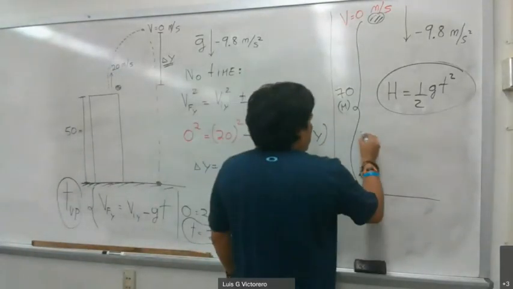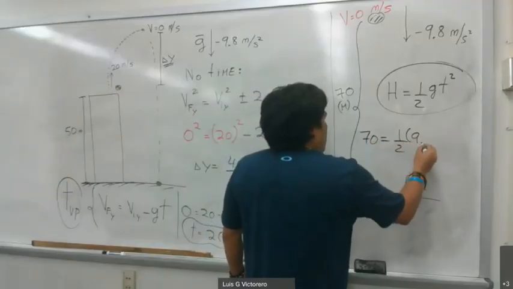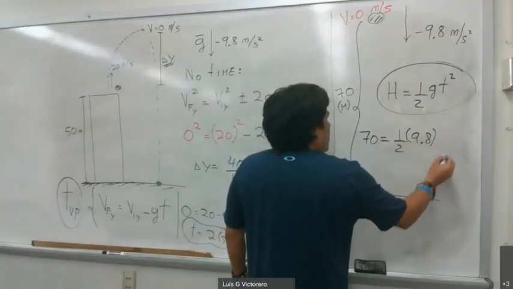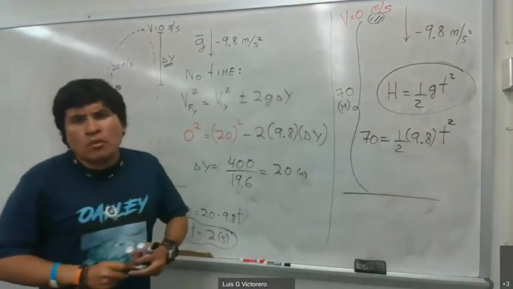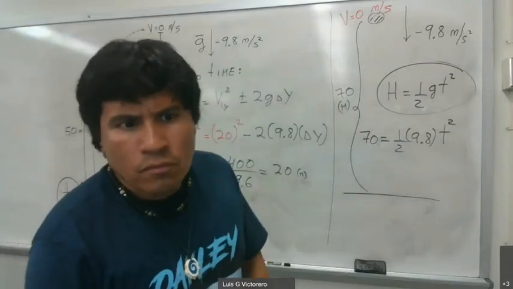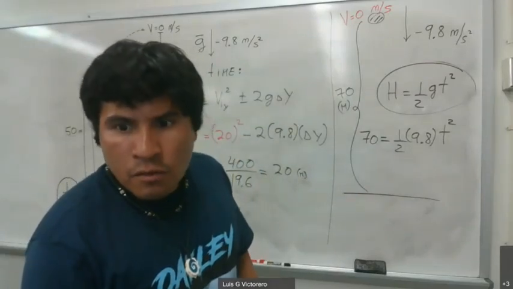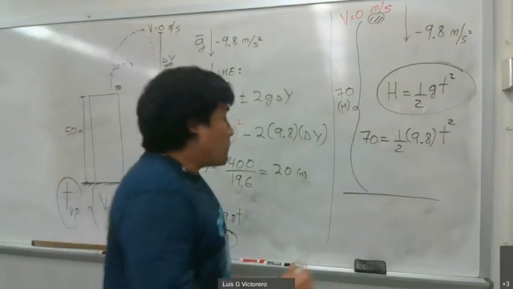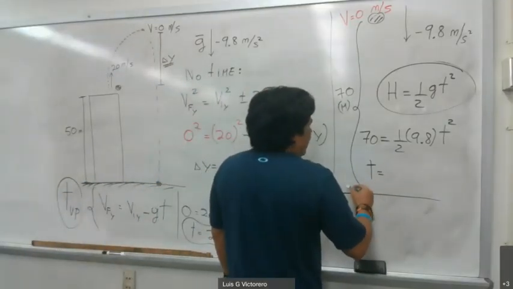So 70 equals that, and I only take the positive because you cannot have negative times. So that's what? 3.8 seconds. Well, again,